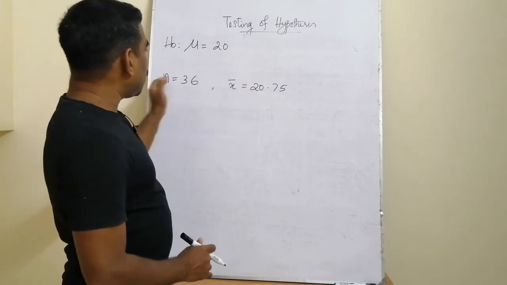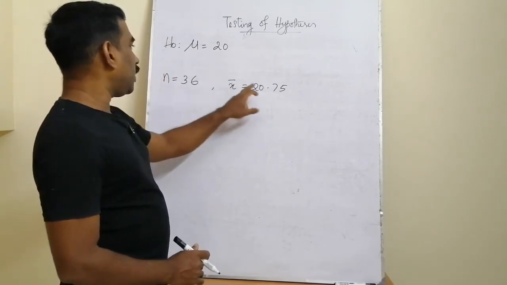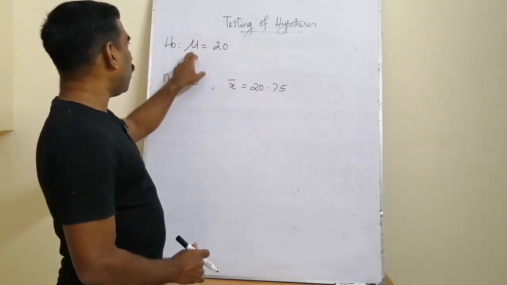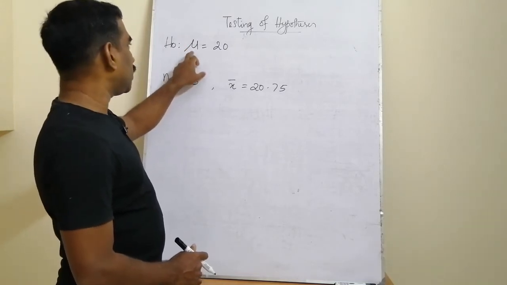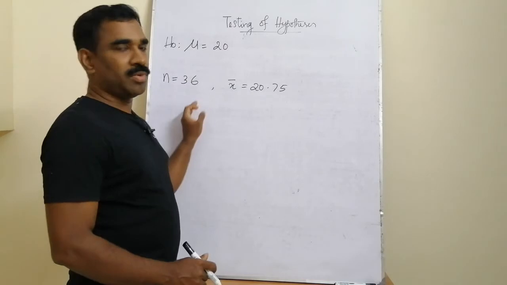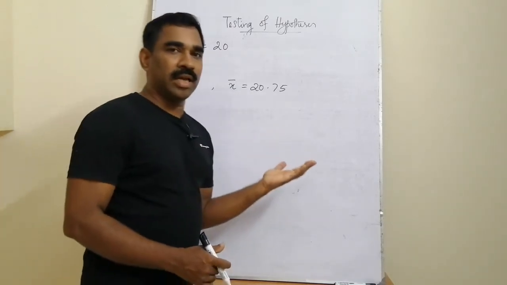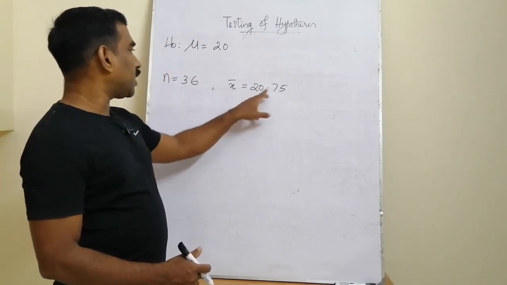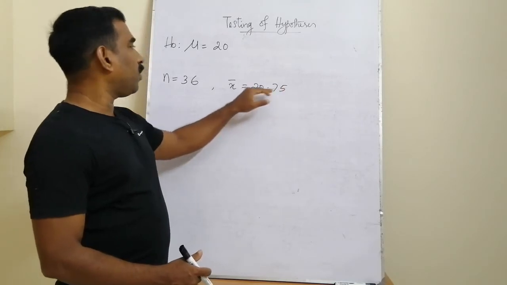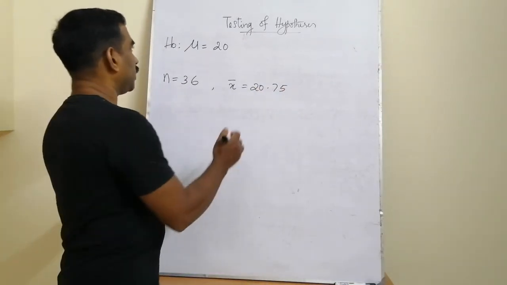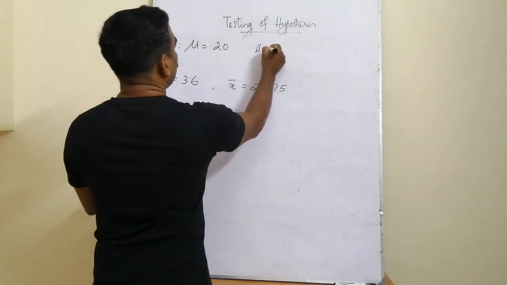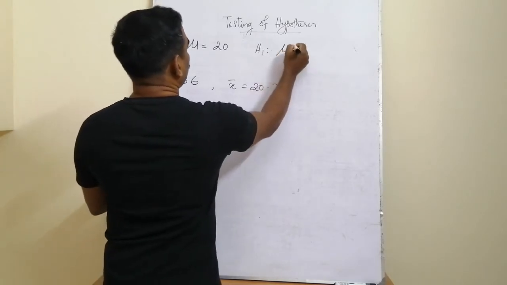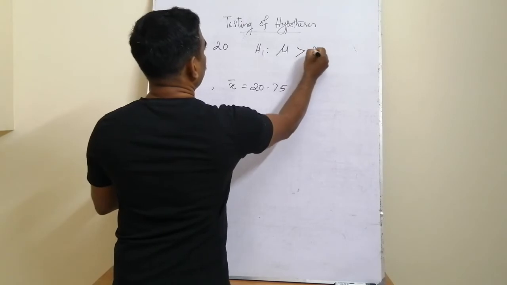And suppose we are making the decision so that if the mean drying time is greater than 20.75, we will reject the claim, or we will reject this hypothesis. This hypothesis is called a null hypothesis. Otherwise, we will accept it. So, for rejecting or accepting that claim, we have a criterion. Here the criterion is if the average of the sample values are exceeding this 20.75, we can reject the null hypothesis, and that statement is called alternative hypothesis, that is denoted by the letter H1, and H1 is mu greater than 20.